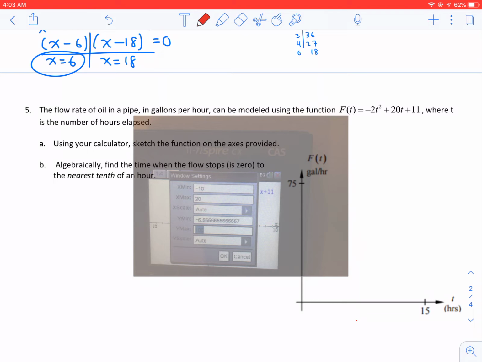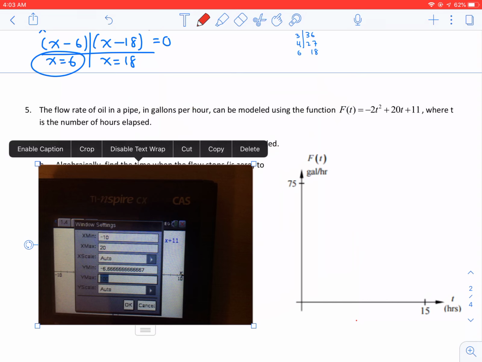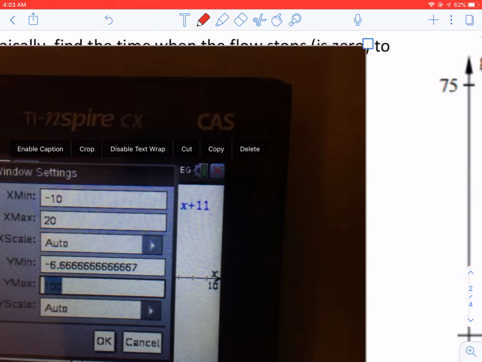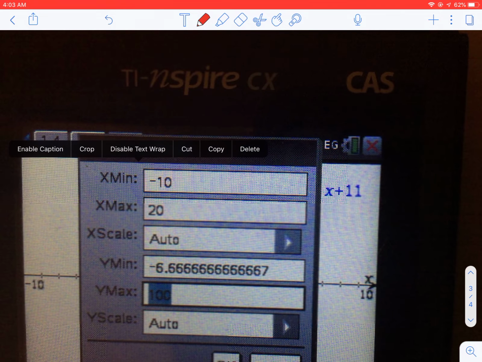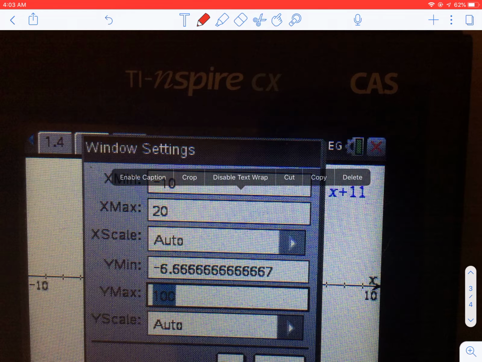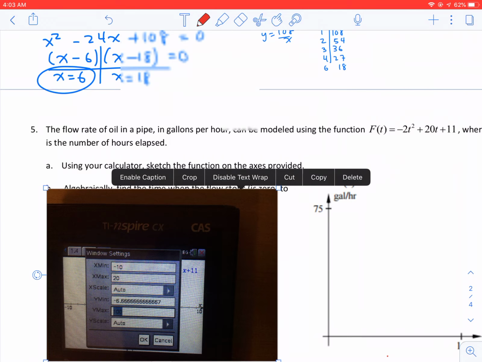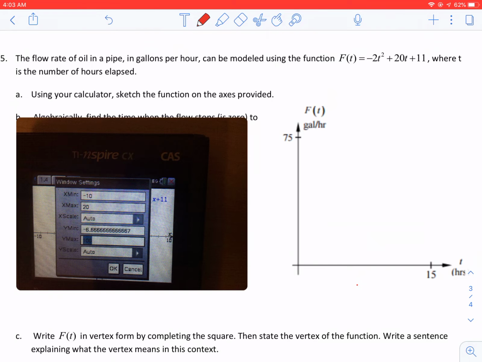Alright, so that again was menu, choice 4, window settings, choice 1, and then you can change it to these numbers. You can change the maximum X value to 20 and the maximum Y value to 100. And then what your graph should look like is